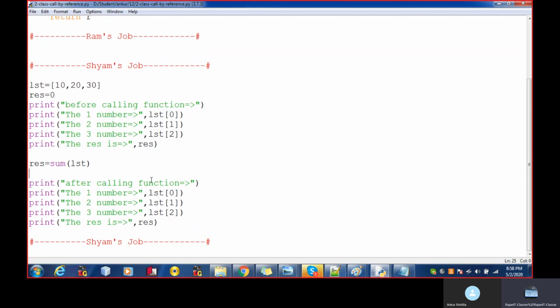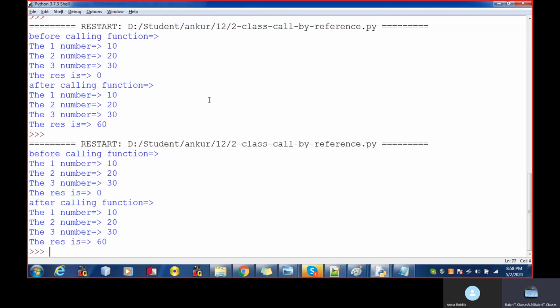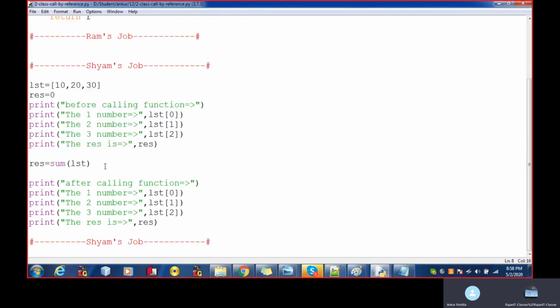This shows RES. Why is it displaying 60? It shouldn't display 60, it should display 420. 300 plus 100 plus 20, yes, 420. Yes, it should display 420.